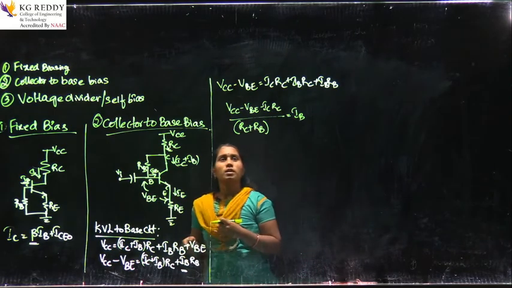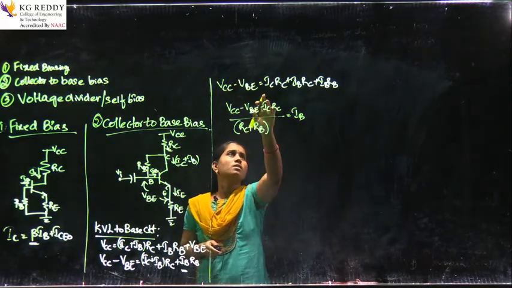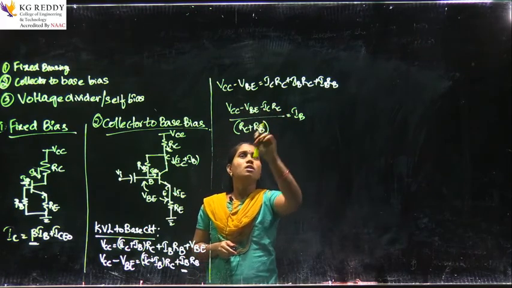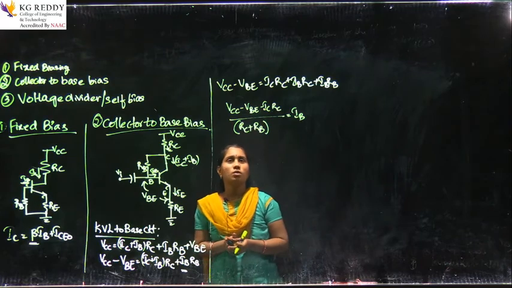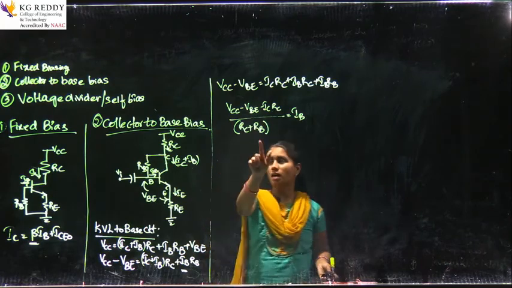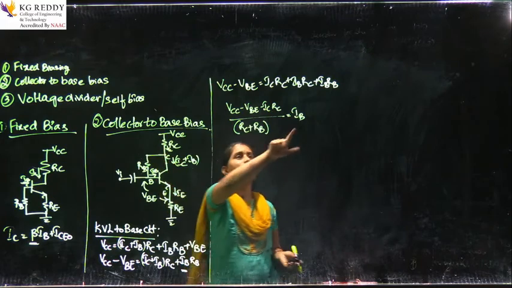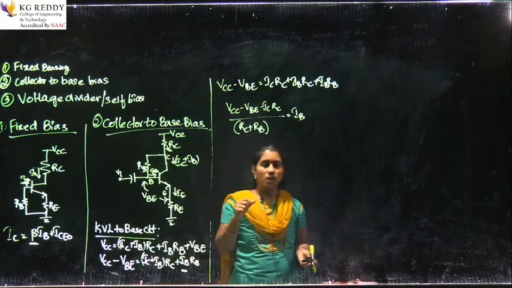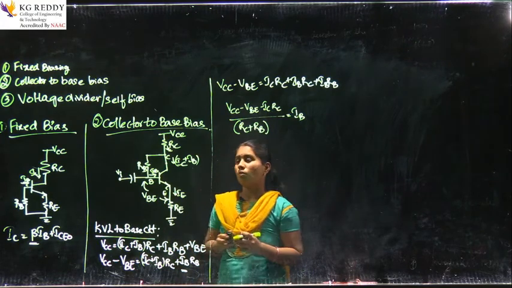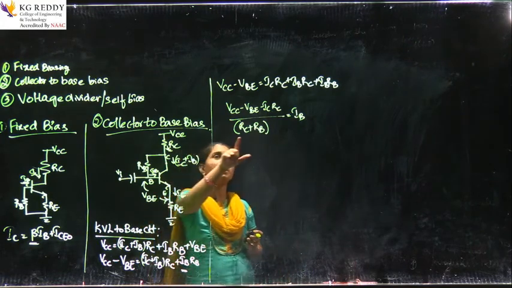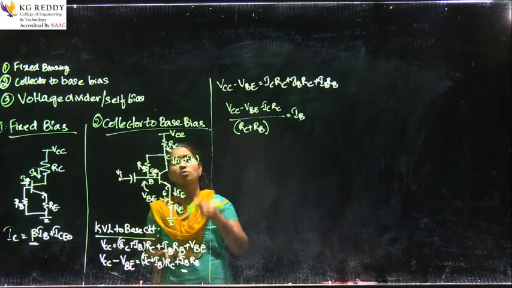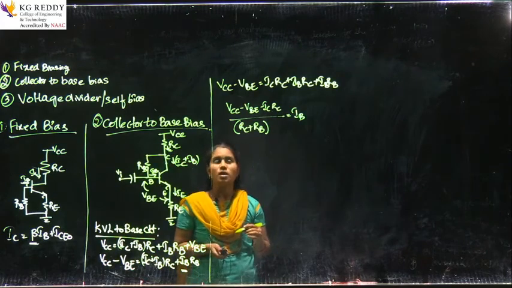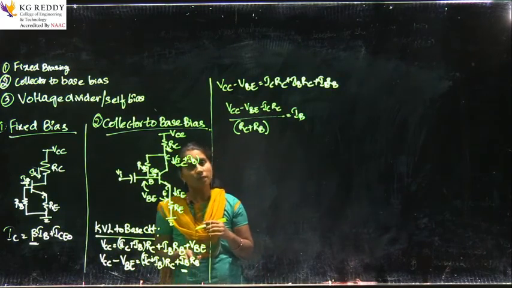Now, we know that IC can be written as beta IB. So, when you substitute beta IB, RC plus RB means that this base current is depending on your RC resistor as well as your base resistor. It means as this voltage drop is depending upon your base resistor value also, it does not directly depend on your RC value. So, that is how stability can be achieved.